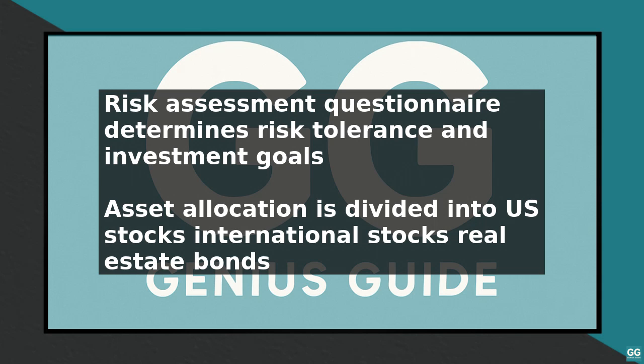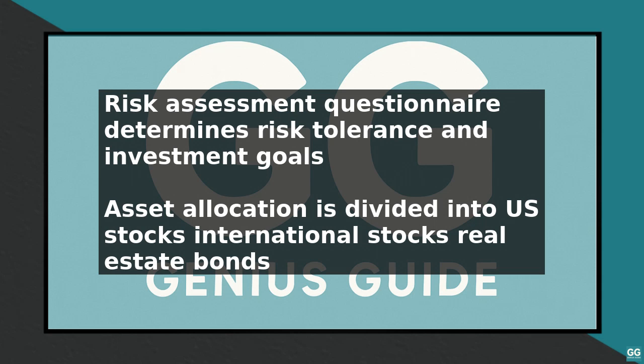The asset allocation is divided into several categories, including U.S. stocks, international stocks, real estate, and bonds. The allocation of each category is based on your risk score and investment goals. For example, if you have a low risk tolerance, your portfolio will be allocated more towards bonds and less towards